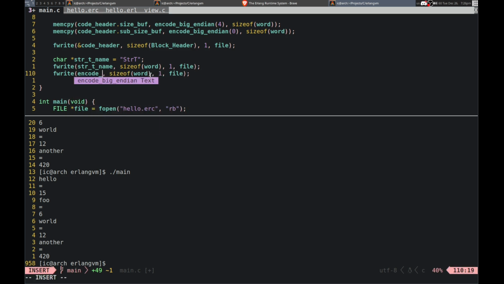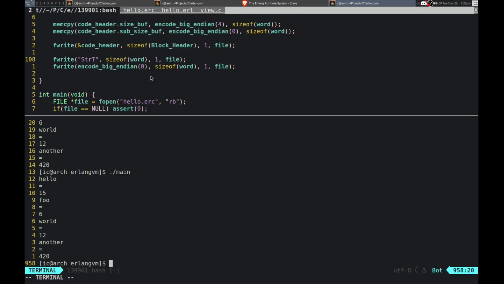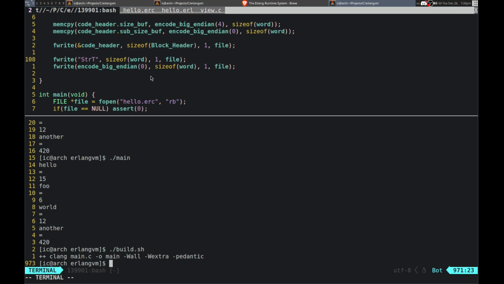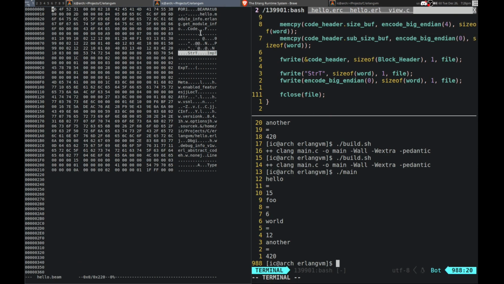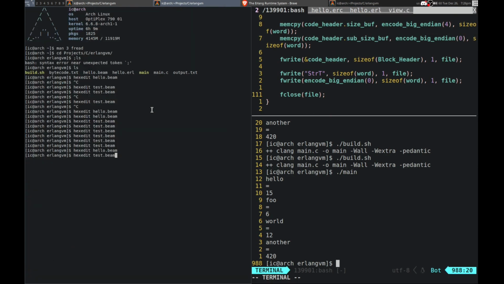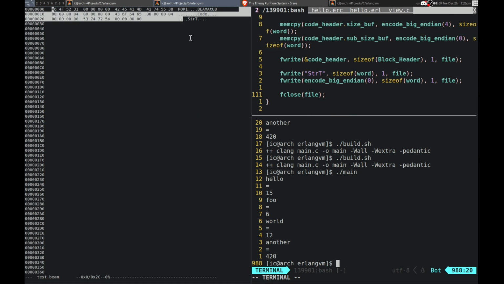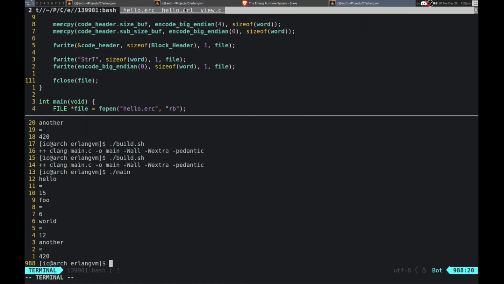Actually, I want to do code data and data 0 because it's just going to be 0. Size of word. Okay, something like that. And this doesn't even need to be there. It can just be like this. And there we go. If I do that, maybe fclose file as well. I forgot to do that. Now if I run it, it should have written that in there. 30, there we go. So that one doesn't matter. It is just necessary to write that.